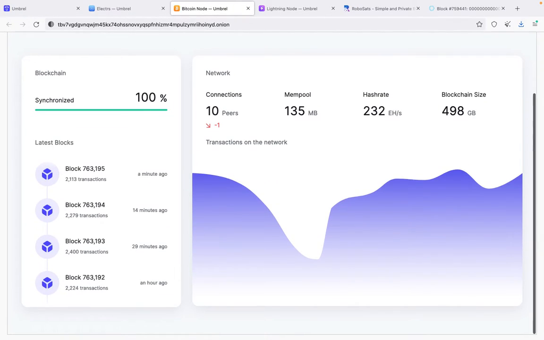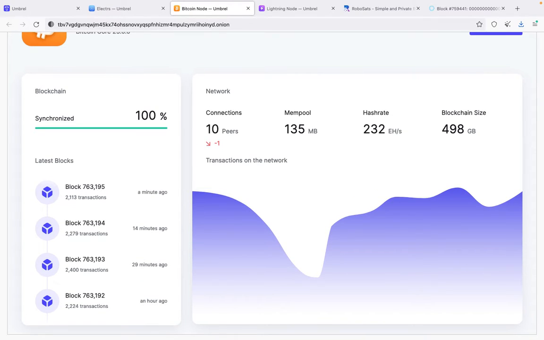Just sitting on the network somewhere, and then it's just processing transactions and telling what's happening, right? So